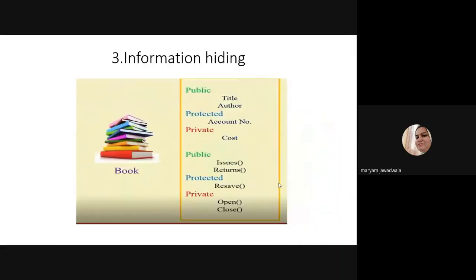Okay. Next one is information hiding. This is the third principle of any object-oriented programming. It means that using object-oriented programming you can secure your program. Unauthorized access is not permitted in any object-oriented programming. So how can we secure the program? You require access specifiers, that is public, protected, private. We'll discuss this later. I require two or three lectures to explain each and every principle of programming. Okay. So information hiding is there.